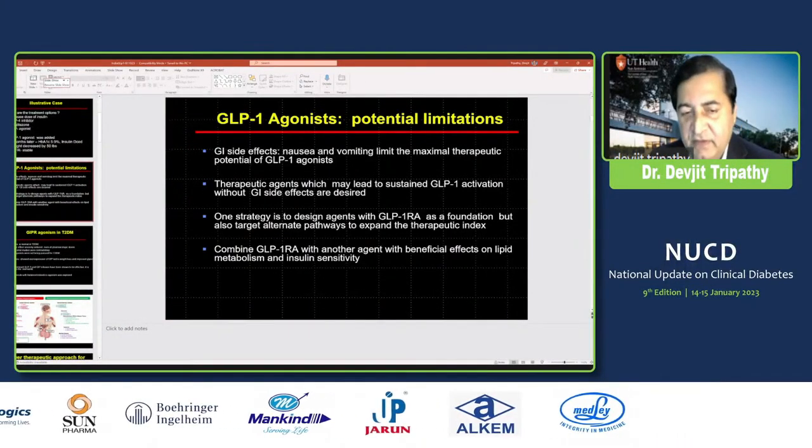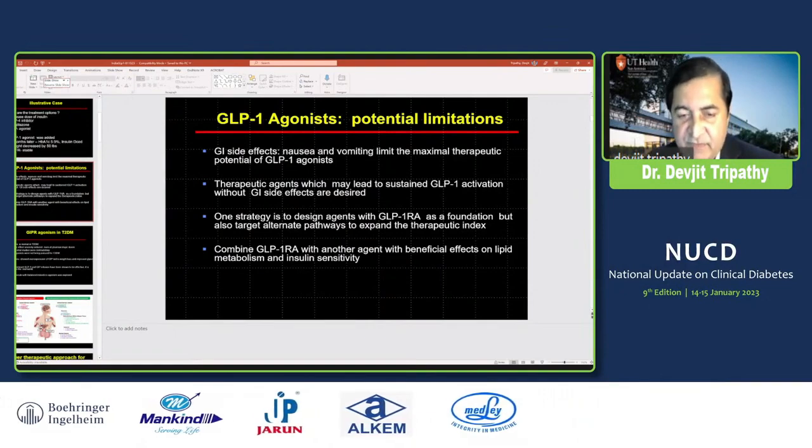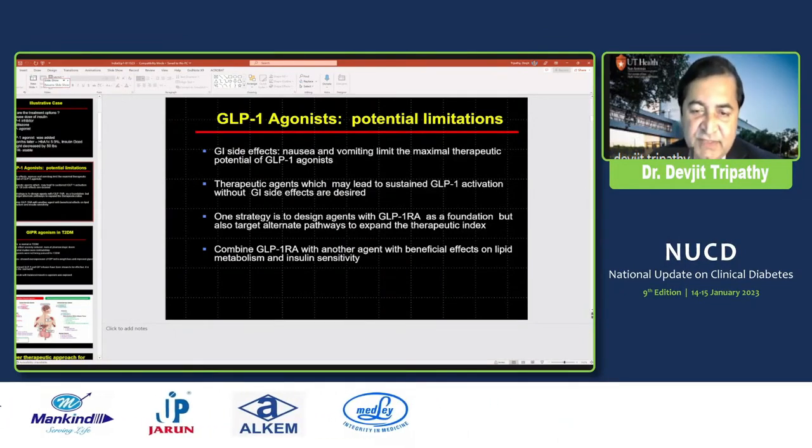That's the limiting factor in GLP-1 agonist treatment, the GI side effects. So one strategy is that if you could add